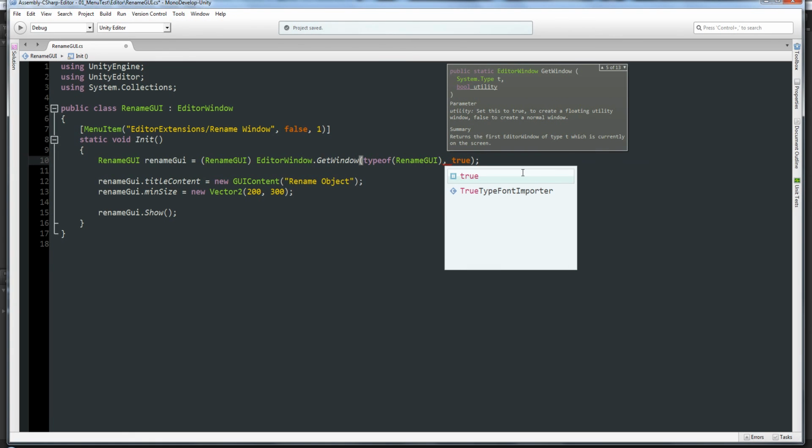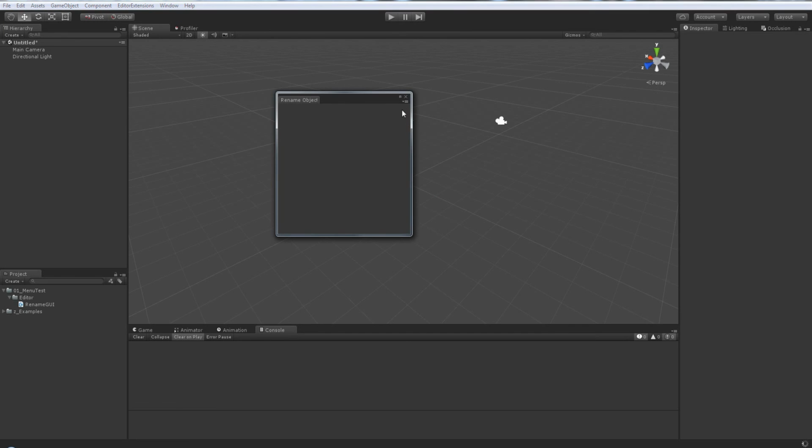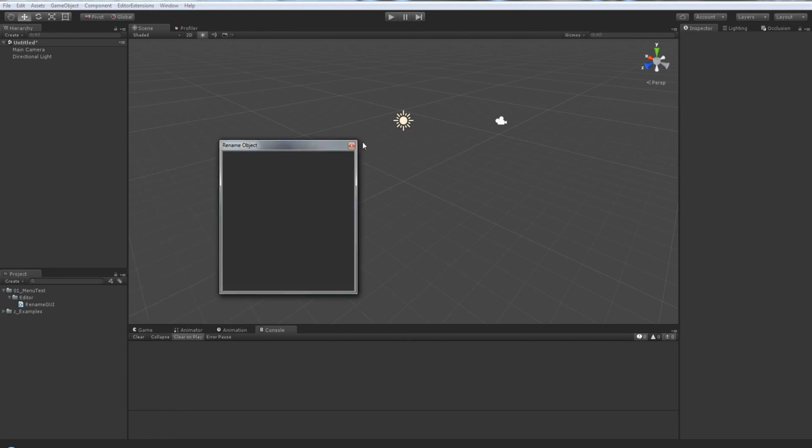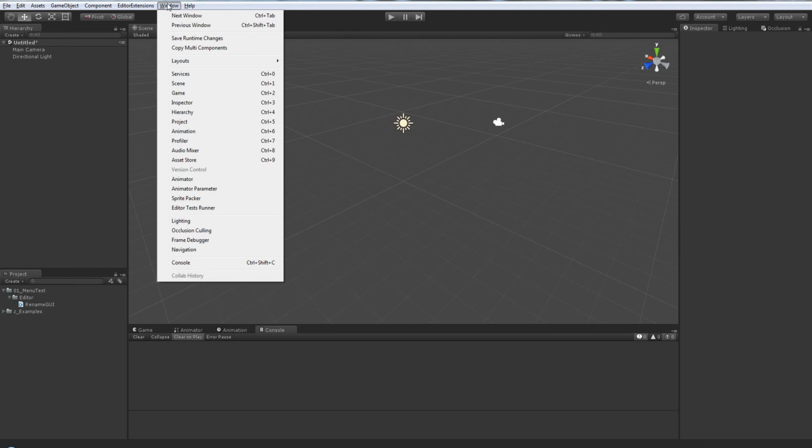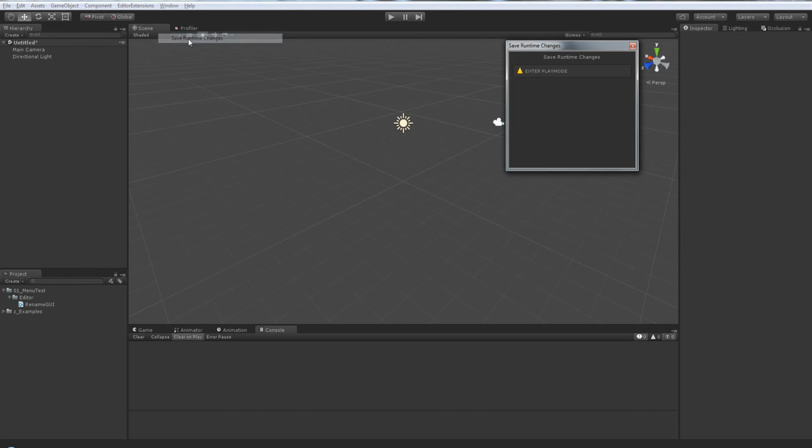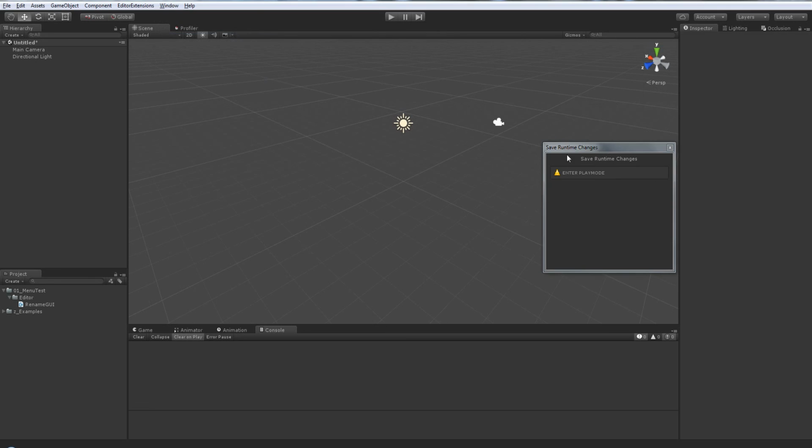So if I say here true for the window and I close it, open it again, you can see now you can't dock it. So it's a window that is non-dockable, and sometimes that's very important, specifically for the window that I was using for safe runtime changes, because if you dock it,